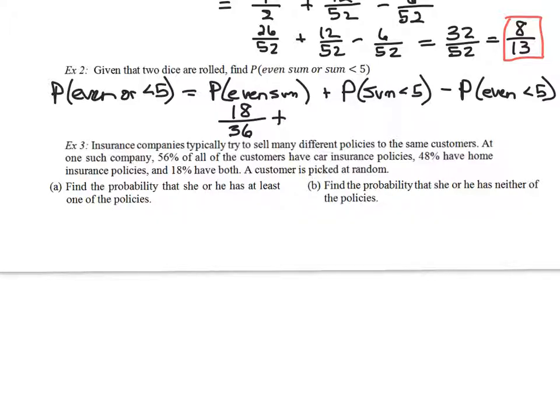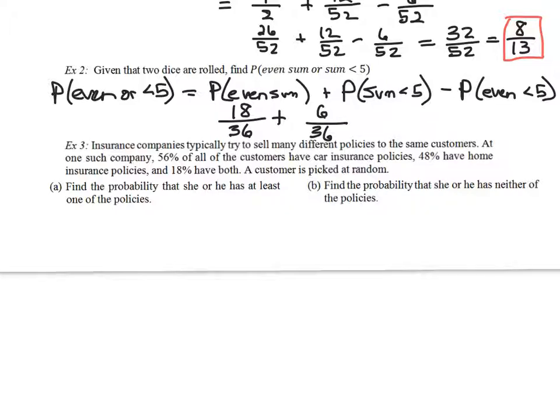Plus, the sums less than 5, let's count them. 1 with 1, 1 with 2, 1 with 3, that's 3 of them. 2 with 1, 2 with 2, or 3 with 1. So there happen to be 6 of them that have a sum less than 5, so 6 out of those